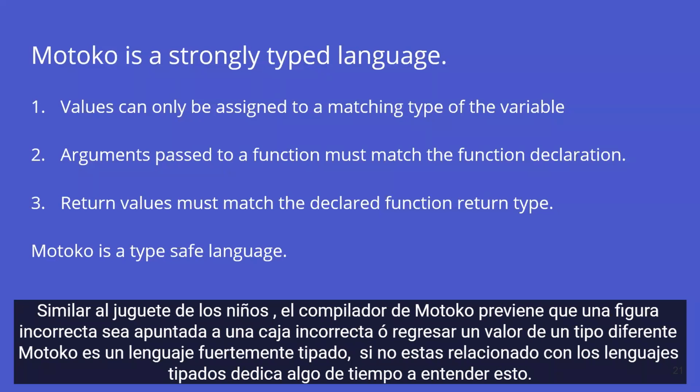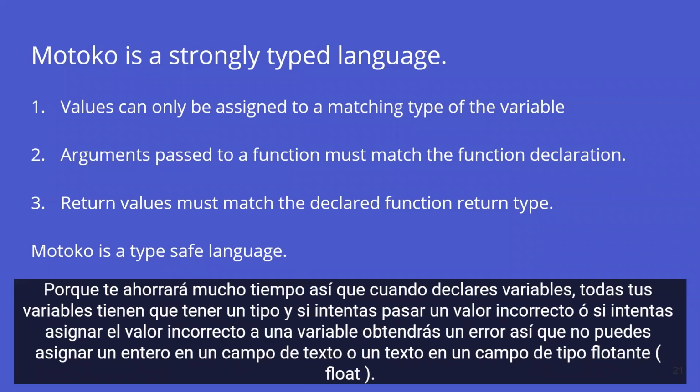Motoko is a strongly typed language. If you're not familiar with typed languages, spend some time to understand this because it will save you a lot of time. So when you declare variables, all your variables have to have a type. And if you try to assign the wrong value to a variable, you will get an error. So you cannot put an integer into a text field or a text value into a floating field. It just will